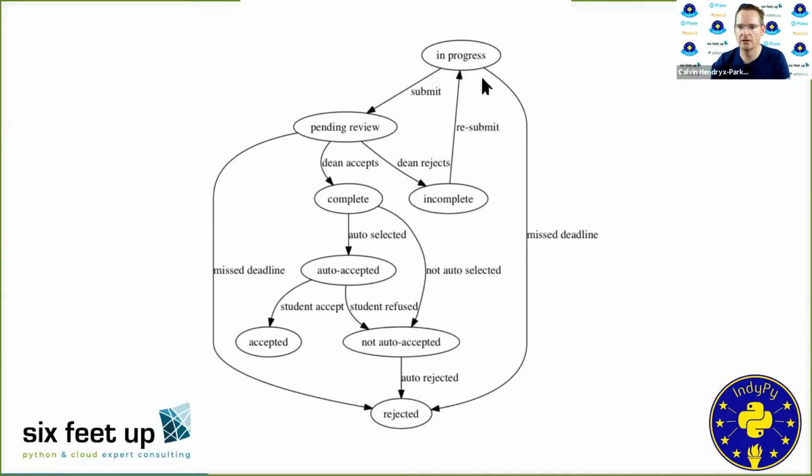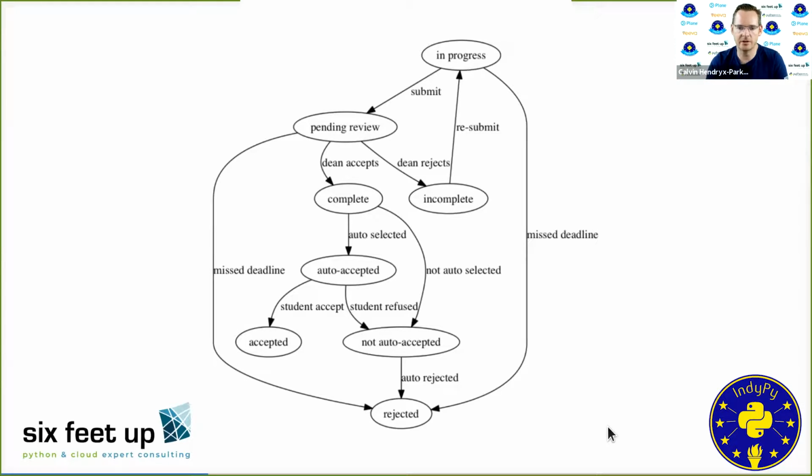So you can see this kind of beginning state up here, then can be submitted. Either it is accepted and goes into complete, or it's being rejected and you need to resubmit for in progress again. And each of these states, what's not being shown is the who can do what here. And so I've got another example that has a little more color coded that we'll go over. But you can see that basically all the circles are your states, all the lines are your various transitions. And this is actually a fairly straightforward